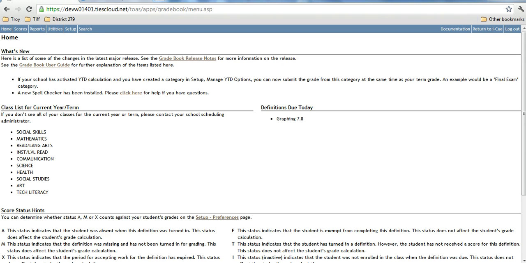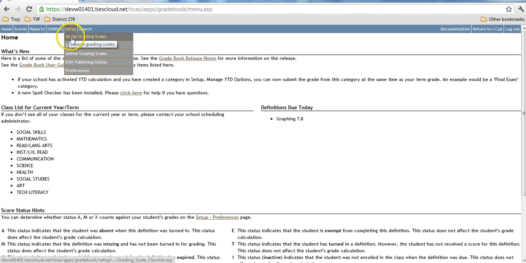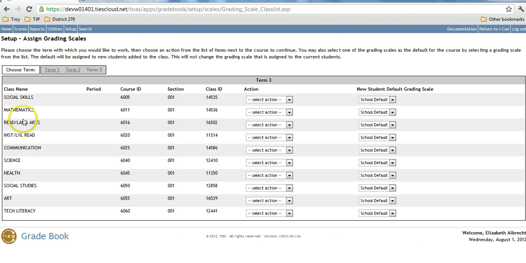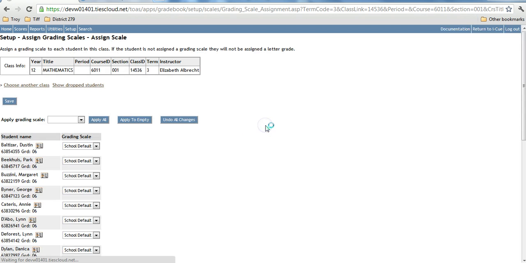So first of all, let's take a look at the grading scales that will be set up in place for you. To check those out, you'll go to Setup, choose Assign Grading Scales, and next to one of your courses, you can select an action, and I'm going to use mathematics here as an example, and I'll choose Assign Scale. And you'll notice that every kid is already assigned a current grading scale, and it's called the school default. And by default, every one of your classes and every one of your students will already have that school default assigned to them. So you really don't even need to go into that area,